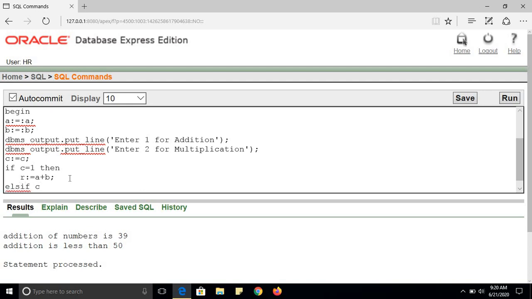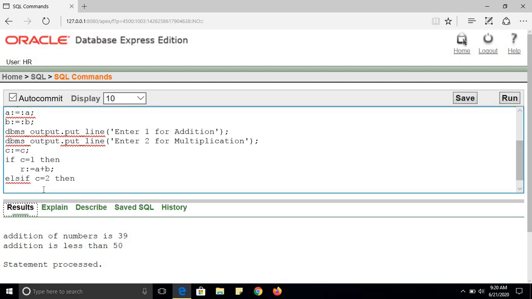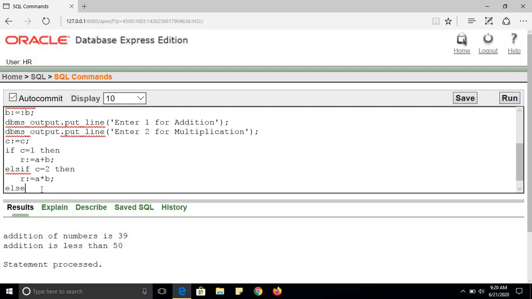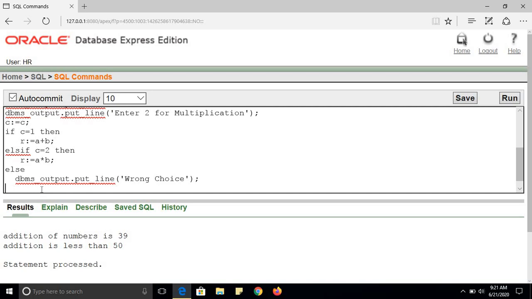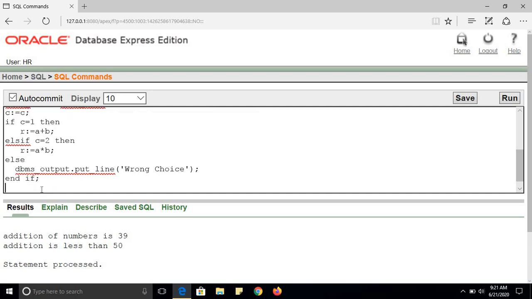Else if C equals 2, then R will be equal to A multiplied by B, and else I can simply write wrong choice. Fine. So here you can use end if.